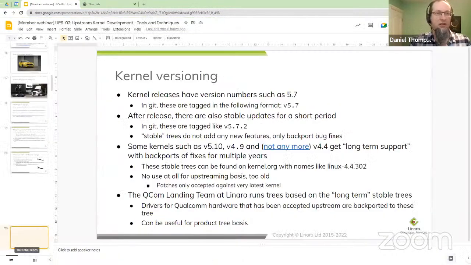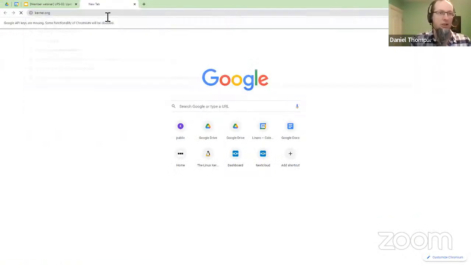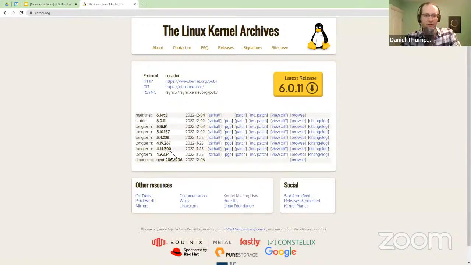If you're interested in how it looks, kernel.org provides you a good summary of all the things that are going on. So you can see here we've got mainline, this is 6.1 RC8. We've got the most recent stable, so there's already been 11 versions of the 6.0 kernel to have bug fixes. And the stable kernel is intended to be the best kernel that the kernel community can offer you. So you'll notice that latest release will give you 6.0.11. That's what the stable kernel is. It is intended to be the best and most featureful and most bug-free version of the kernel that the kernel community can offer you at any one time, is always the stable kernel.